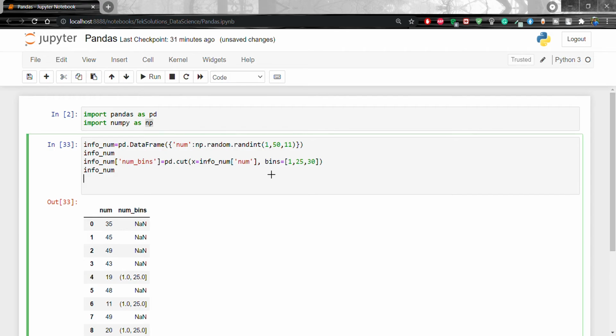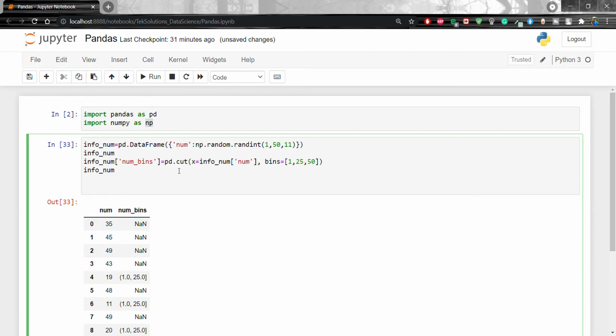Now we will change it back to 50. You will see this is between 25 to 50, this is also 25 to 50, this is also 25 to 50, but because of the random integer the num value is going to change also.